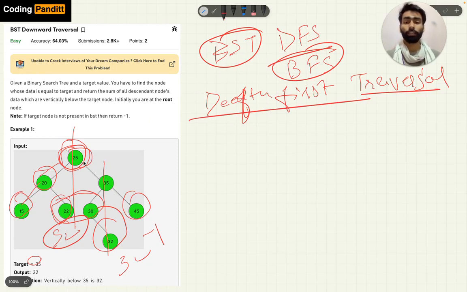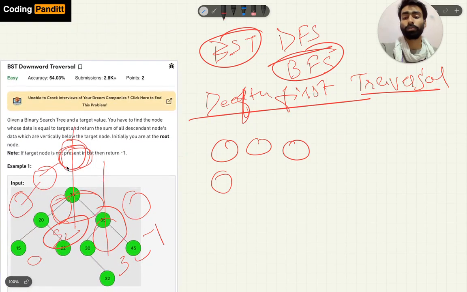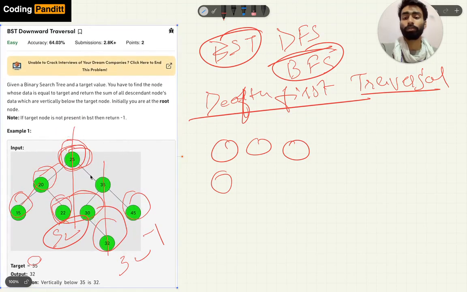That is in-order, pre-order, or post-order. In-order means the root is in between. In in-order, we first traverse all the nodes in the left, then the root, and then the right.